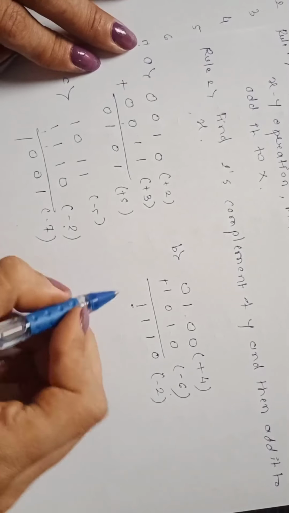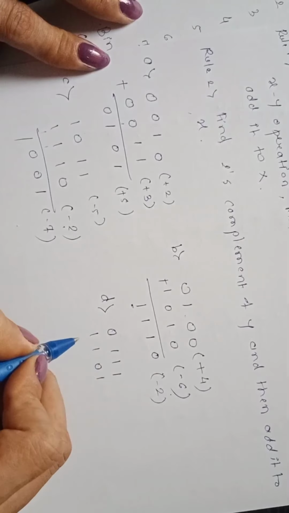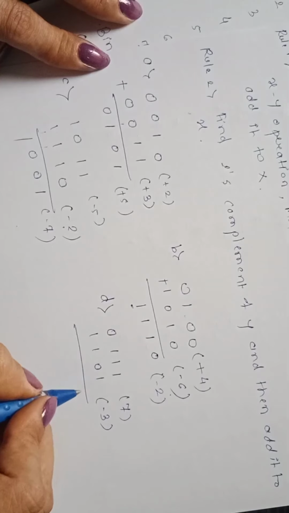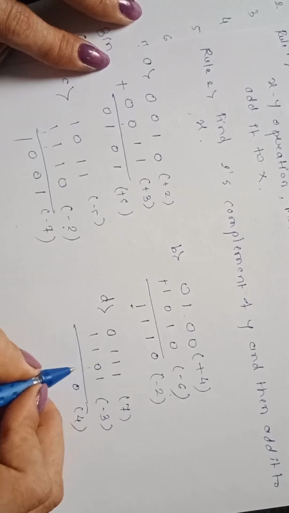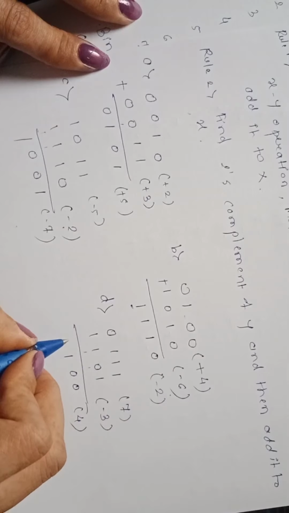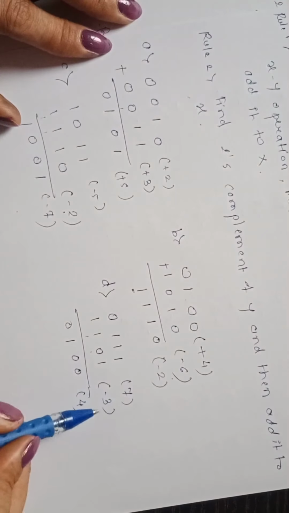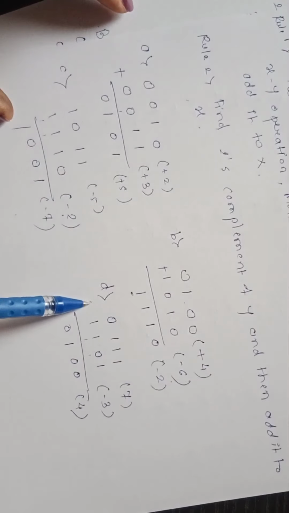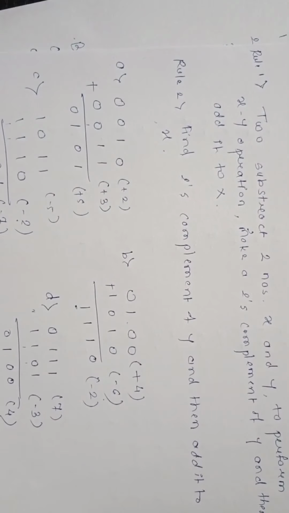1. Okay, likewise another example: 0 1 1 1 and 1 1 0 1. Now it is 7, it is minus 3. So what will be the result? Result will be 4. So 1 plus 1 is 0, carry 1, 1 plus 1 is 0, carry 1, 1 plus 1, 0 plus 1 is 1, and here 0. Okay, so 7 minus 3 is 4. So here examples A to D follow the first rule, that is the 2's complement representation.